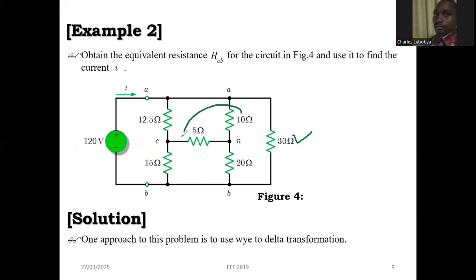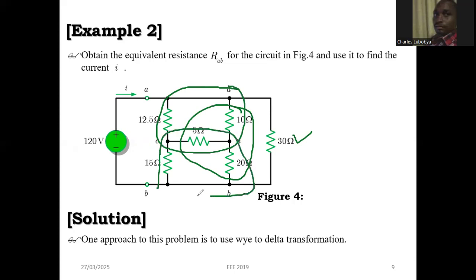But in between there, you have 3 resistors connected in star. If you want, again, I can see a delta connection of these 3 resistors. And I can also see a delta connection here between these 2 resistors. So you can choose which pair to begin by breaking, either delta to star or star to delta, as you simplify this